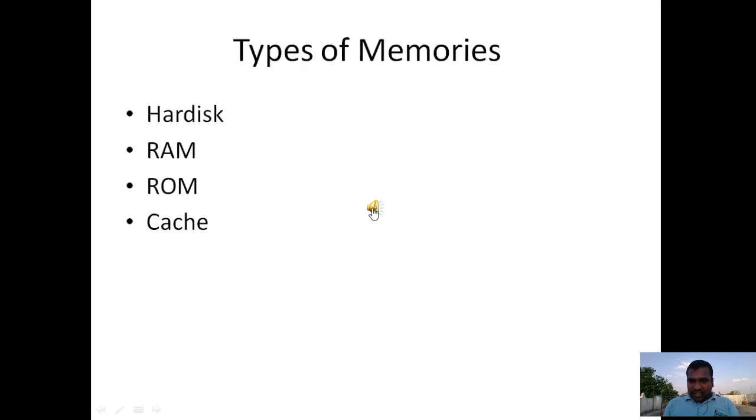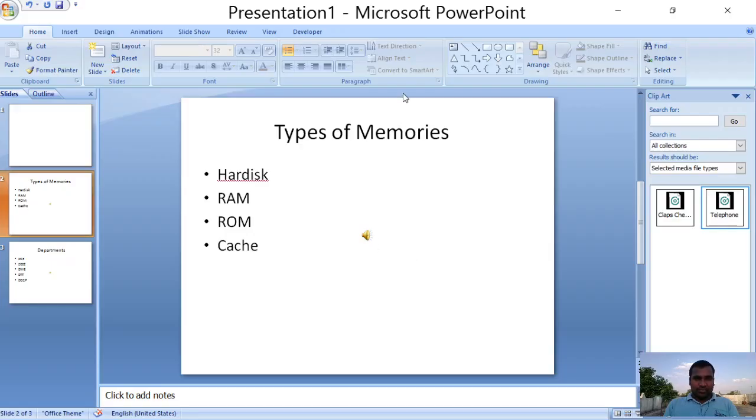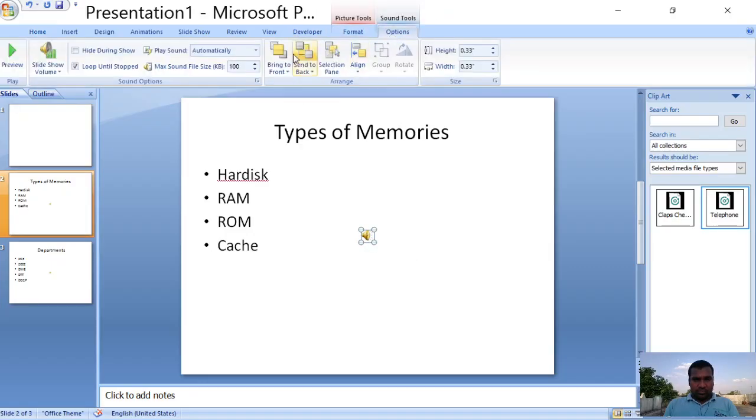For this file we have selected mute, but in the second slide we haven't selected any mute option, so that's why it is going to play. If I choose the play across slides option in the play sound command, then I'm making the presentation.